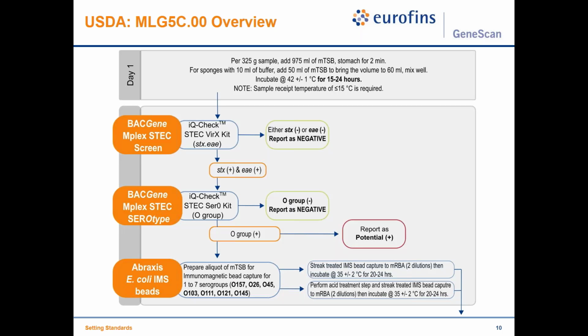In this case, actually, there is a commercial product in the MLG, which is the IQ-Check. So you can see this in the blue boxes, and to the left of it, in the orange boxes, you can see the products from our side, which are basically the equivalent. So we will go into the details of these products later in the presentation. So if the first screening check with the stx and eae is negative,